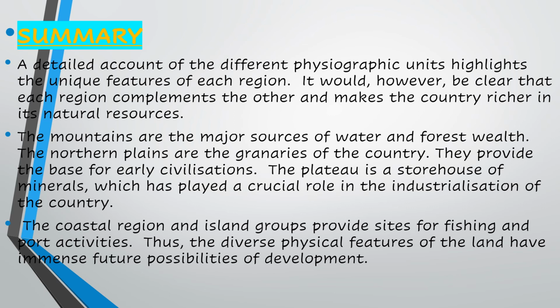After that, because of the Himalayan mountains, the northern plains were formed because of the perennial rivers emerging from the top of the Himalayan mountains. We studied about the northern plains as well, how they were formed and how they are useful for agriculture, because they have alluvial type of soil, and that soil is very fertile and is used for agriculture.